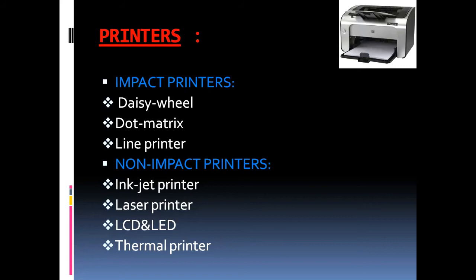Next one is the printer. What is a printer? A printer is a main device used for preparing a permanent document to be used at a later time. It is connected to the CPU by a cable and plugged into something called the output port. A printer is also an output device and it is used to print data or information on paper.